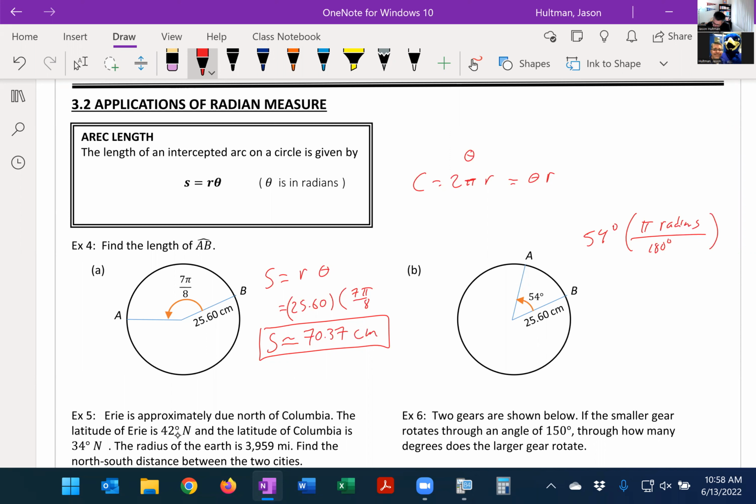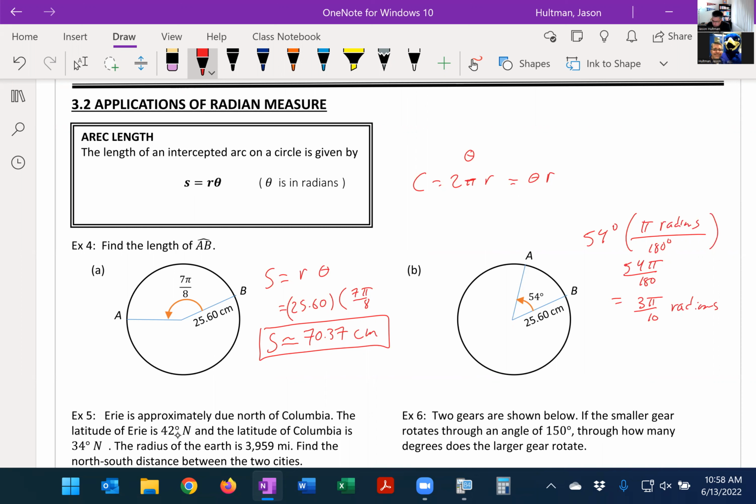So this is going to be 54 pi over 180, and that reduces, dividing both top and bottom by 18, to 3 pi over 10